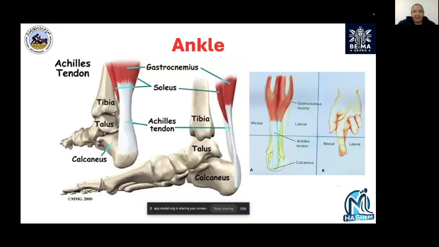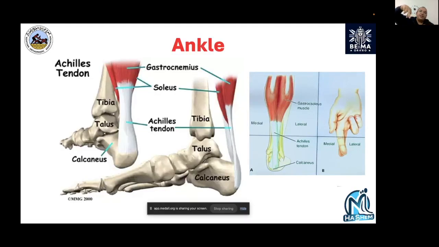Soleus separately, rather than the gastrocnemius, has a very, very important role in gait. We'll explain it in gait, but keep it in your mind. What is the role of soleus? You have to ask yourself, if there is a gastrocnemius with two big heads, why do we need a soleus? Remember, I will answer this question in the gait part. But you need to remember now that you have three heads, medial and lateral gastrocnemius and soleus, ending in one